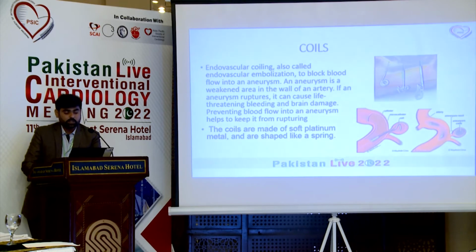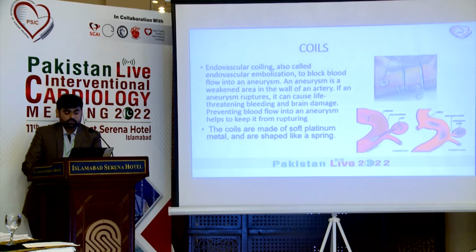Coils, endovascular coiling, also called endovascular embolization, is used to block blood flow in an aneurysm. An aneurysm is a weakened area in the wall of an artery. हमने क्या करना होता है, जो ब्लड का फ़्लो एन्यूरिज्म की तरफ जा रहा है, तो उस ब्लड का फ़्लो बंद करने के लिए हम कॉइलिंग कर रहे होते हैं।